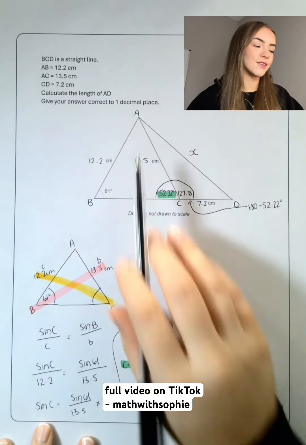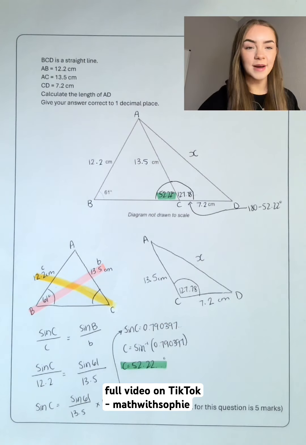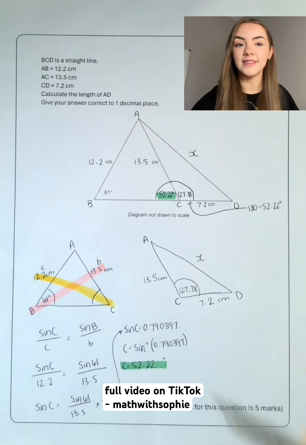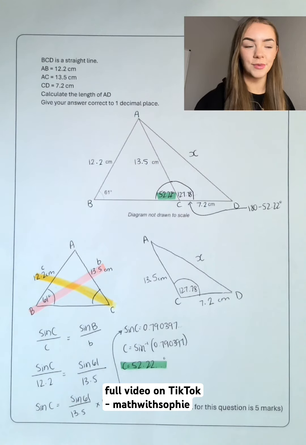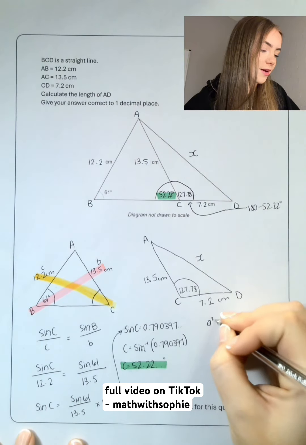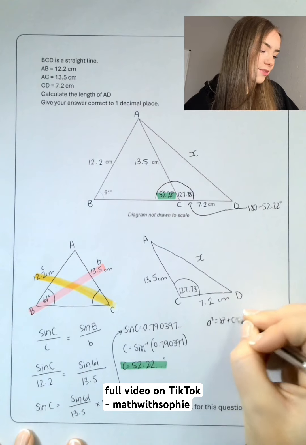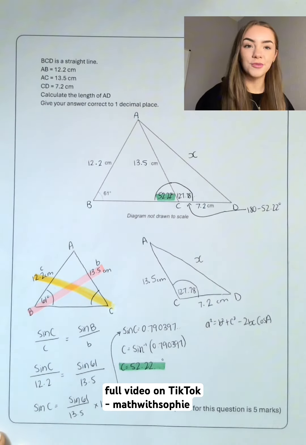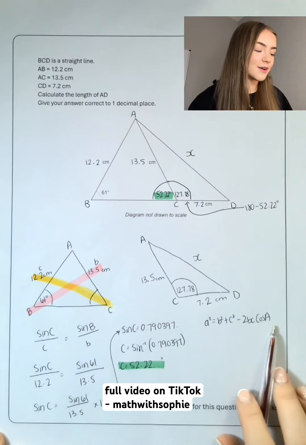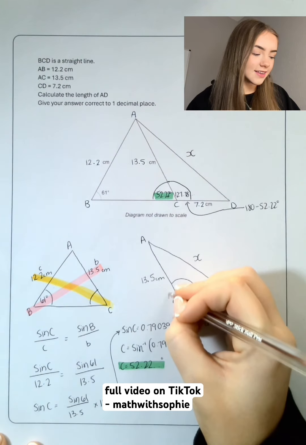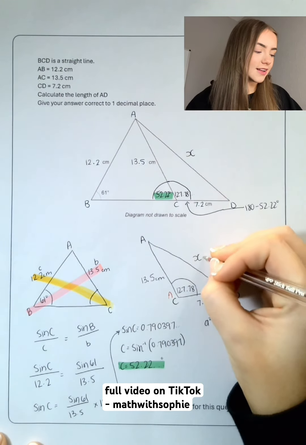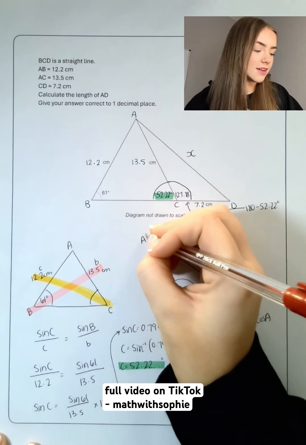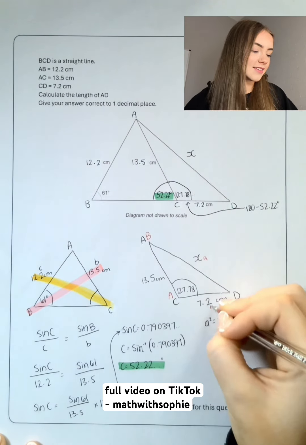Now let's focus on triangle ACD. This time we have a triangle which involves all three sides and one pair of opposites, which means we can use the cosine rule. Cosine rule states that A squared is equal to B squared plus C squared subtract 2BC times cos A. Let's relabel this triangle so that the angle is angle A. If this is angle A, then opposite angle A is side A, then it doesn't really matter which we label as B and C. So we'll do angle B and side B. Then